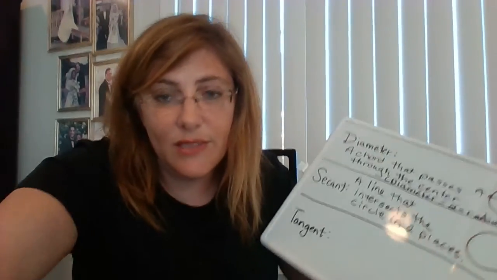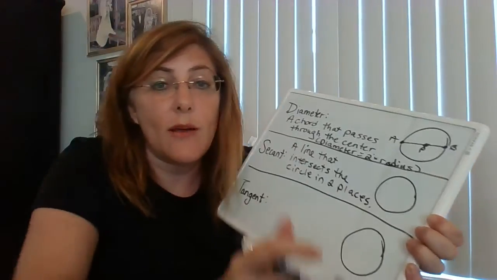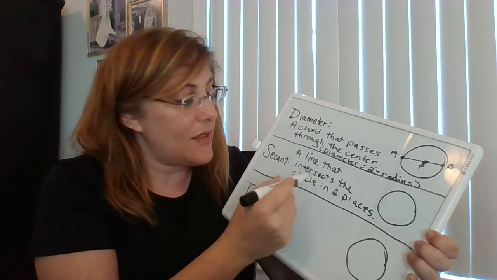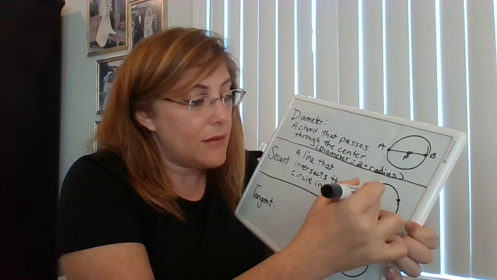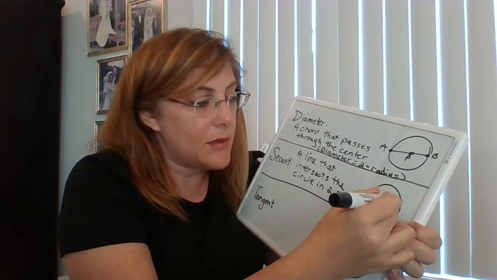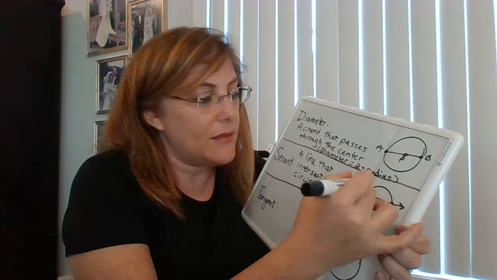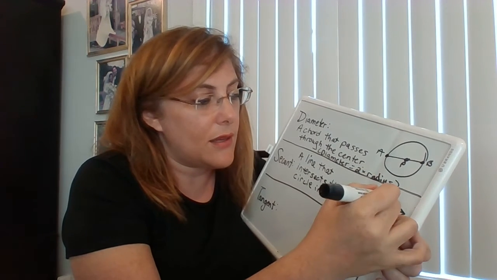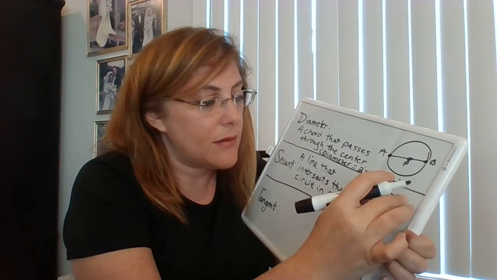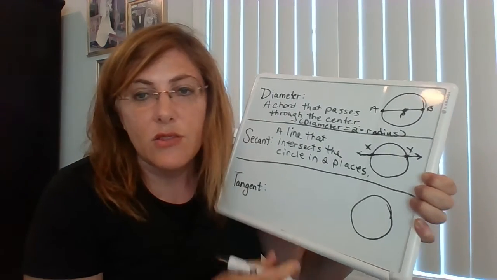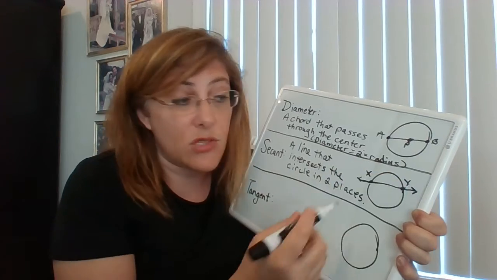Okay, class, so this is the second video about circle vocabulary. So we were up to secant, which is a line that intersects the circle in two places. Well, let's draw that line. That line could be this line right there. That's a secant, and let's call it line secant XY. So there you go. So that would be secant XY, which is a line that cuts through the circle and